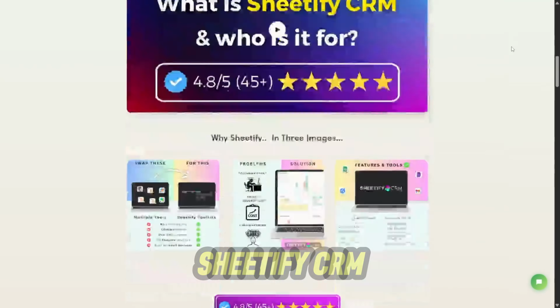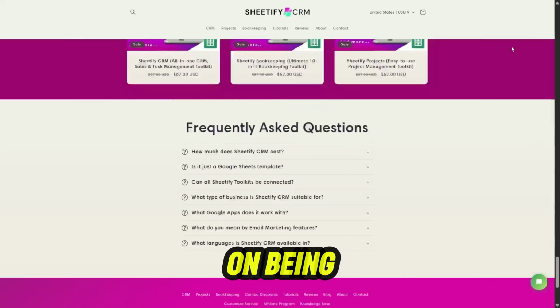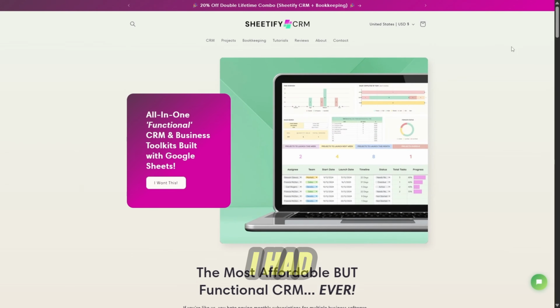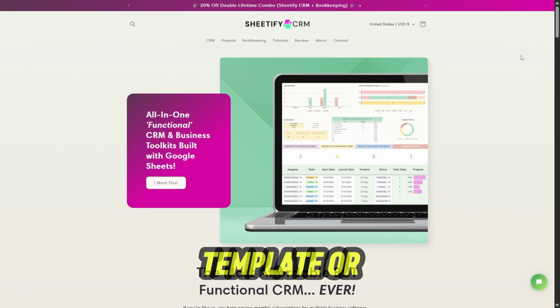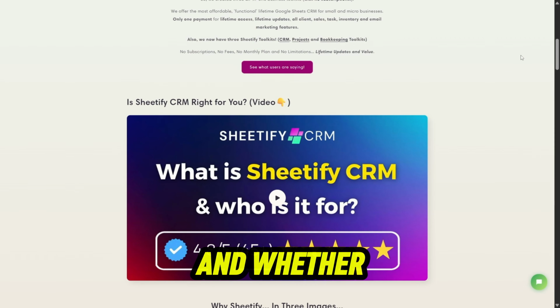Recently tried out Sheetify CRM, this Google Sheets-based CRM that sells itself on being everything you need in a spreadsheet. As someone who's juggled small business tools, I had to ask, is it just another template or a genuinely functional system? Let's unpack what worked, what didn't, and whether it lives up to its claim of being a no-subscription lifetime